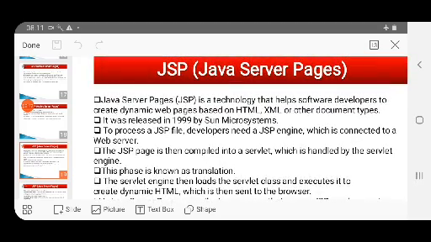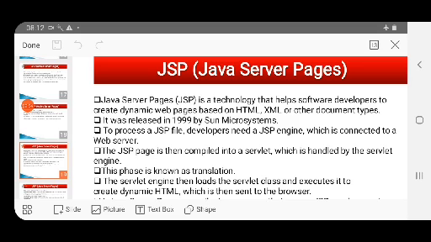Now next is JSP, Java Server Pages. It is again a technology that helps software developers create dynamic web pages based on HTML, XML or other document types, and it was first released by Sun Microsystems. To process a JSP file, developers need a JSP engine connected to a web server, and the JSP page is then compiled into a servlet which is handled by the servlet engine.